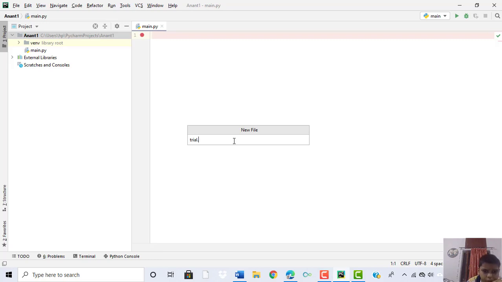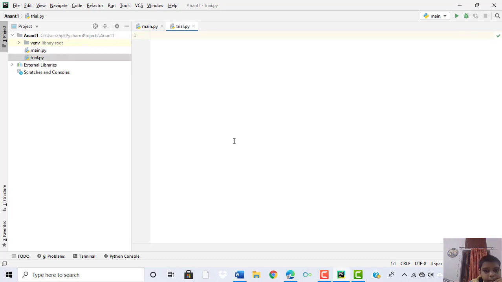If you do not write py, then Python will not run in this file. It is compulsory to write .py to run Python. I will press enter and you can see that trial.py is a file made in the project.